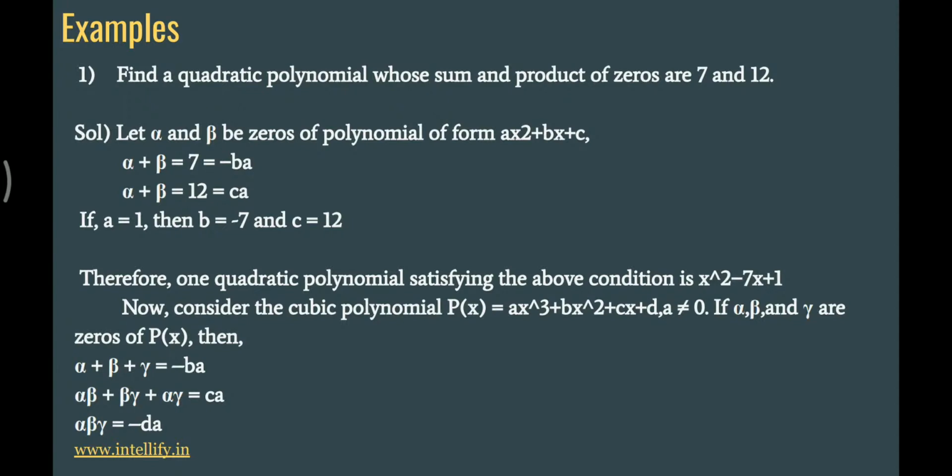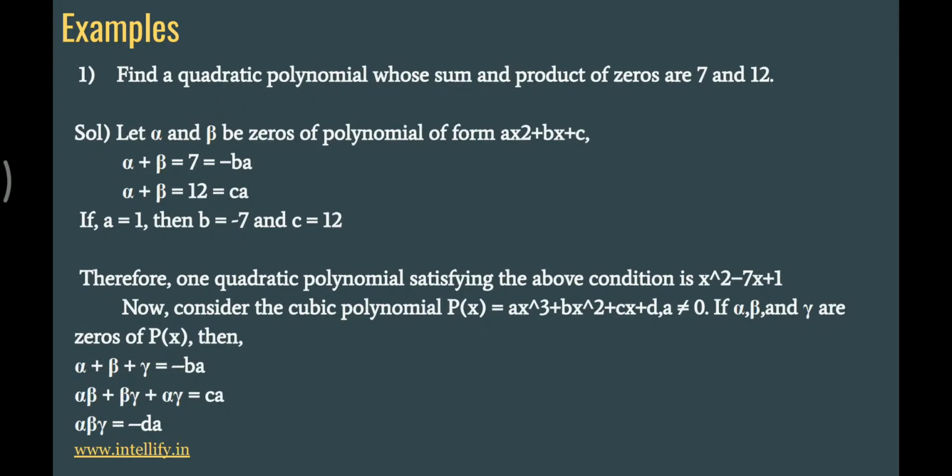Find a quadratic polynomial whose sum and product of zeros are 7 and 12. Here we got to know that the sum is 7 and the product is 12, where alpha plus beta equal to 7 and alpha beta equal to 12. Alpha plus beta equal to 7, that is minus b by a, and alpha beta equal to 12, that is c by a, where a equal to 1, b equal to minus 7 and c equal to 12. Therefore one quadratic equation is